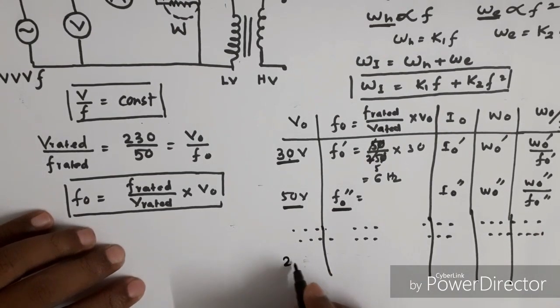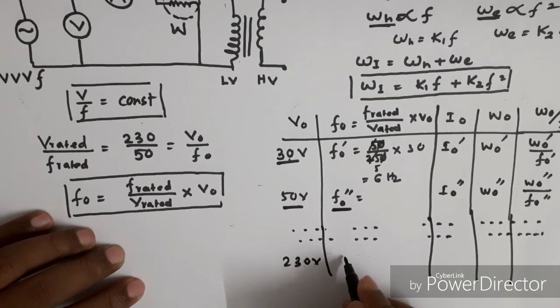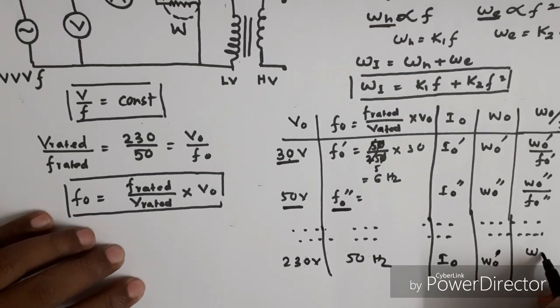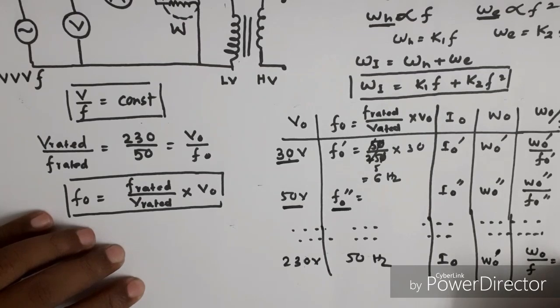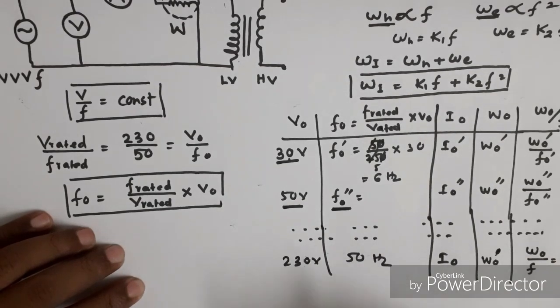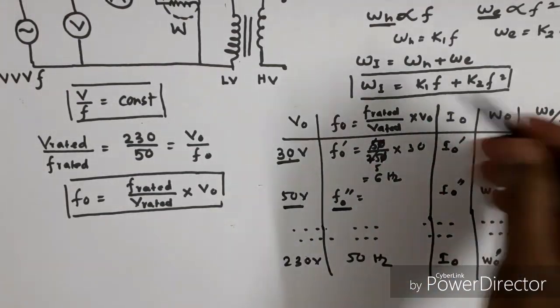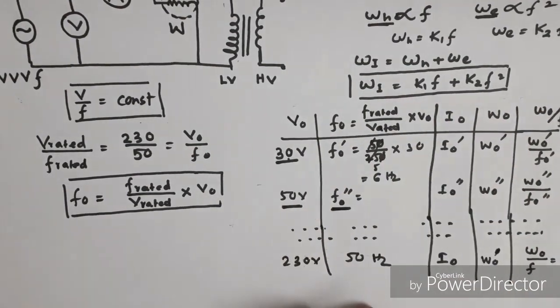Therefore, for the ultimate rated voltage of 230 volt and rated frequency of 50 hertz, we note down the ammeter reading I0, note down the wattmeter reading W0, and then we calculate W0 by F, that is equal to W0 by 50 hertz. Once the table is completed,